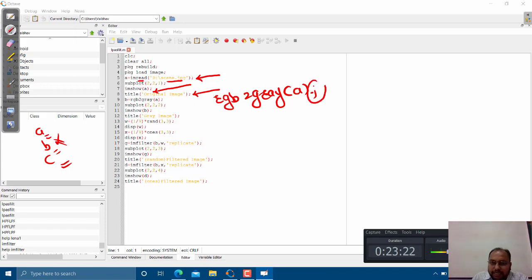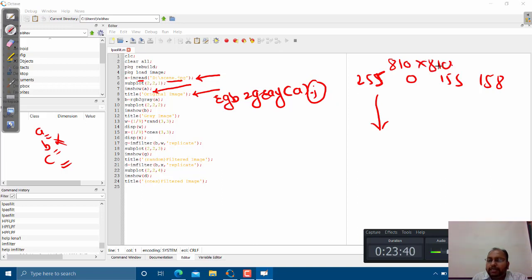If I'm not going to put this semicolon, then it is going to show all the pixel information, like 255, 0, 155, 158, and it will go on continuing up to the number of pixels. Let us say if the image is 810 by 810, that many pixels it will show, and then it will go on executing the rest of the lines.